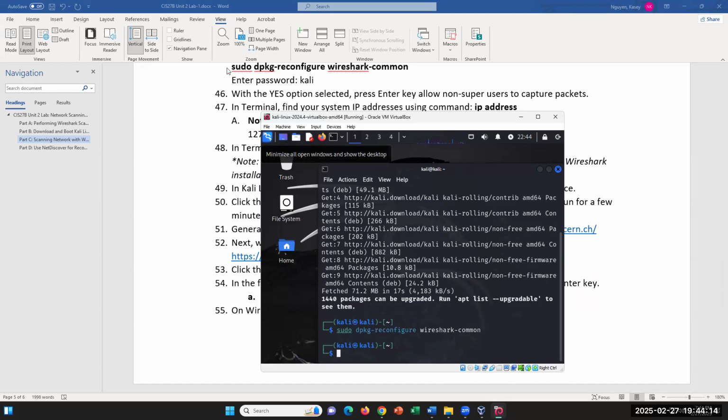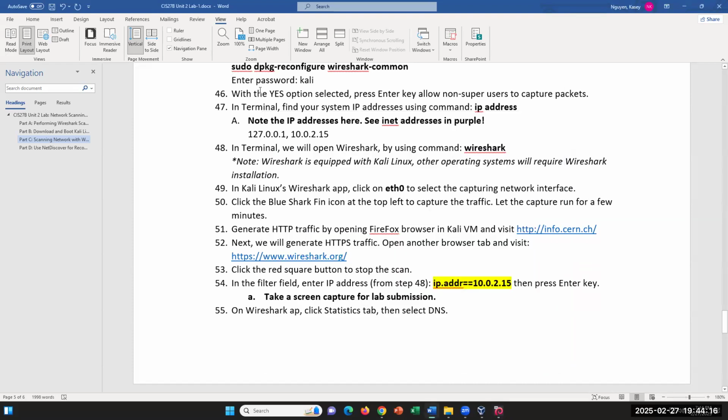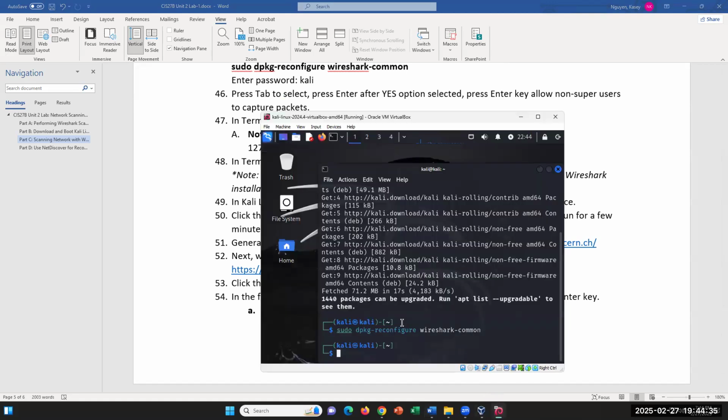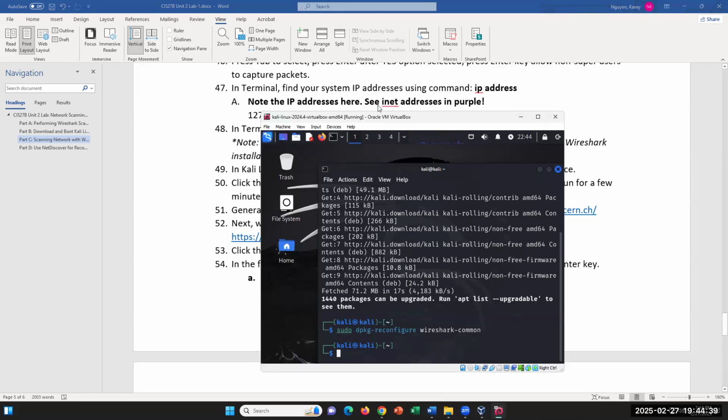Okay. All right, so once we press enter, that now allows the user Kali to be able to